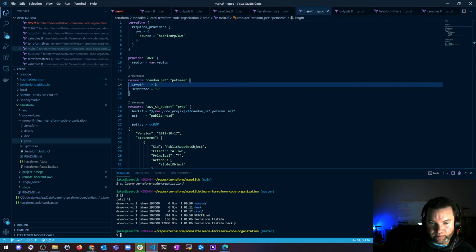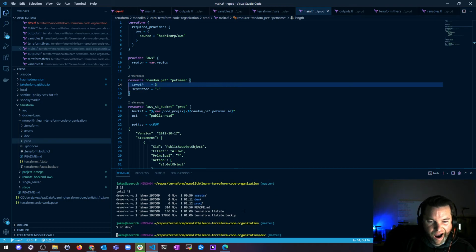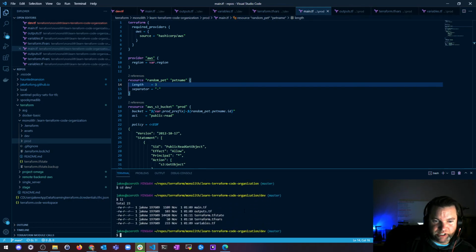I can get rid of the README if I wanted to, but the assets has the index.html file, which is used by both applications, both environments. But now my dev has its own main, outputs, tfstate, tfvars, and that tfstate's important